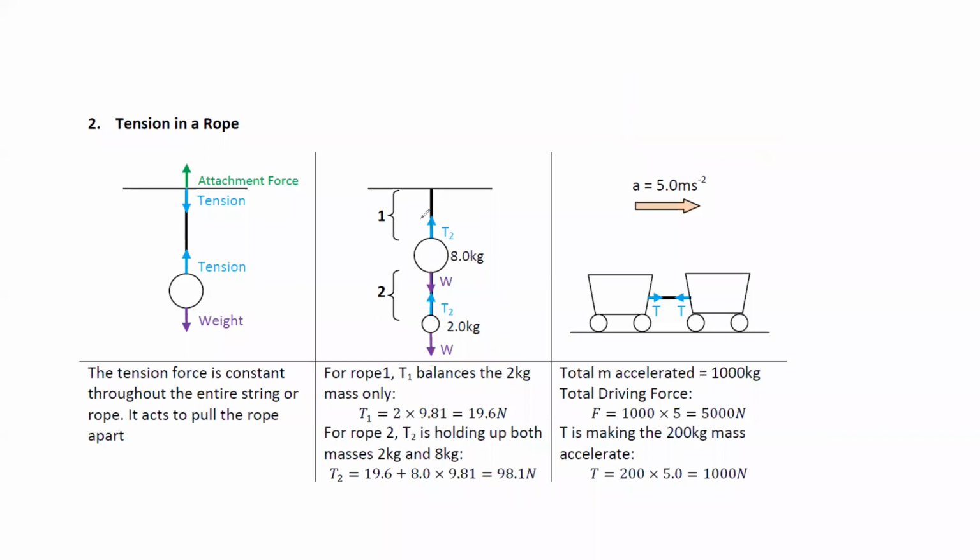Is it clear, the second example? In terms of the example, this is 1 and this one is 2. Is it clear, this example, when two objects are attached with a string or a wire and we want to find the tension in the rope? The first tension T1 is only for the weight of the first object. But the second tension, because it is balancing both weights, will be W1 plus W2. And because it is not accelerating, the resultant force is 0.